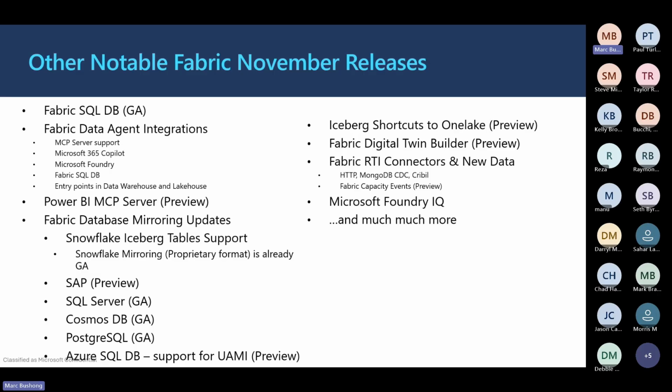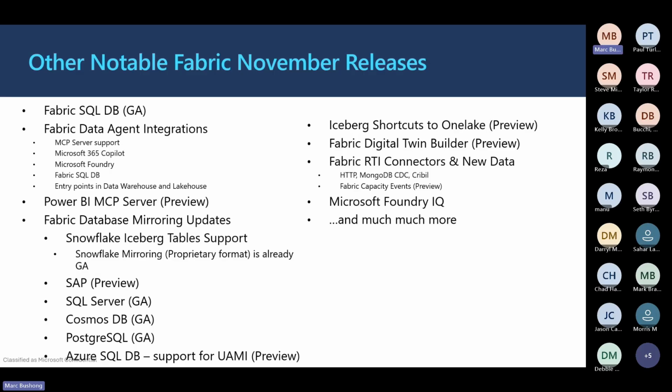Okay, the reason why I like to bring this up with other notable Fabric November releases is to show you the investment that Microsoft is making. You can see all of the different mirroring updates. So Snowflake Iceberg tables. If you had Iceberg tables in Snowflake, you're now able to start mirroring them. But again, Snowflake proprietary format already existed. And what also is available, and that's GA, is that you can actually have Snowflake write to OneLake